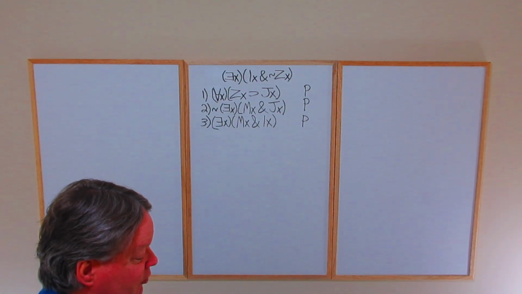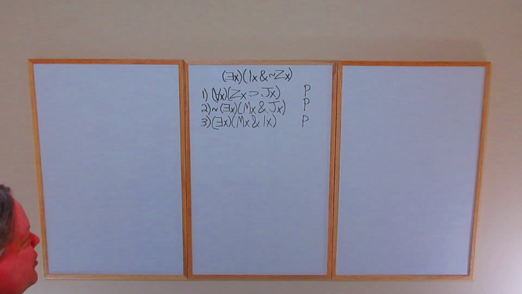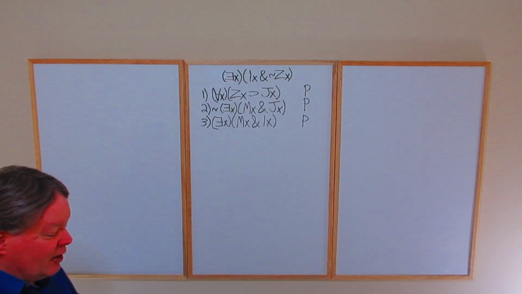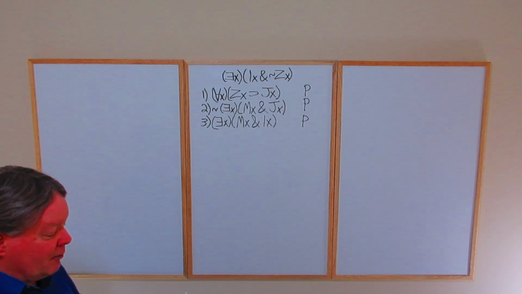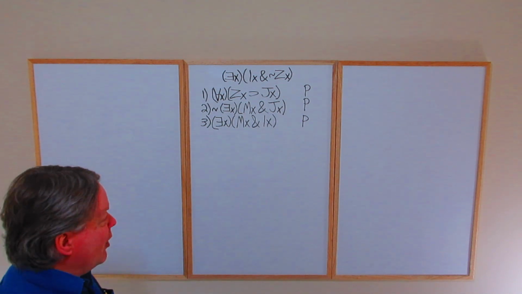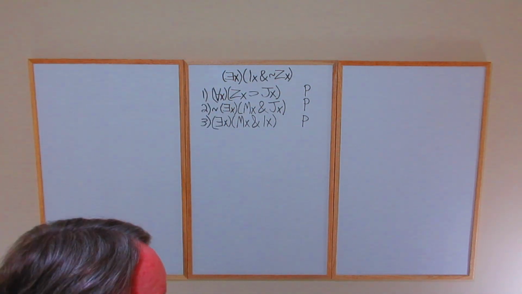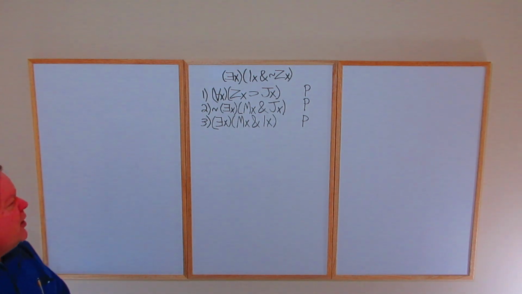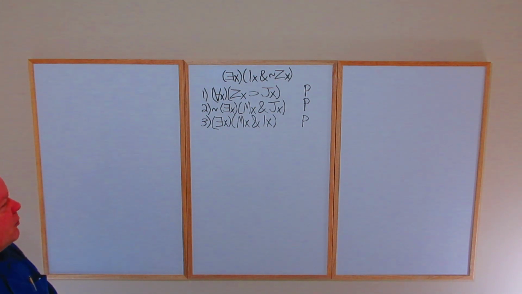In English, the argument is as follows. All Zionists are Jewish. That's the first premise. No Muslims are Jewish. That's the second premise. However, there are Muslims who are Israelis. That's the third premise. Therefore, some Israelis are not Zionists. That's the conclusion. This argument, I think, if you look at it, can you tell that it's valid just by